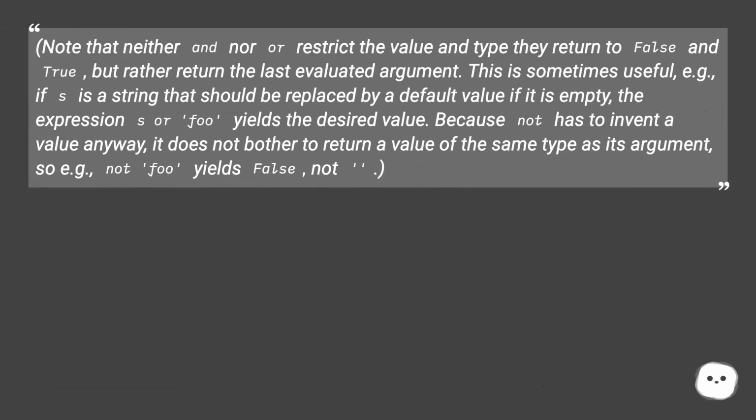Note that neither and nor or restrict the value and type they return to False and True, but rather return the last evaluated argument. This is sometimes useful, e.g., if s is a string that should be replaced by a default value if it is empty, the expression s or 'foo' yields the desired value. Because not has to invent a value anyway, it does not bother to return a value of the same type as its argument, so e.g. not 'foo' yields False, not